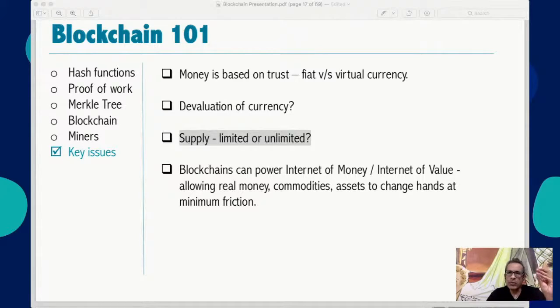Miners can focus only on those transactions that are beneficial to them and can create a fraudulent chain? No. Yes, they can concentrate on what they want, but that doesn't create a fraudulent chain. Please understand, every transaction which you push has to be digitally signed with your private key. So nobody else can sign a transaction for you. Only your private key can do it, which is what you are supposed to have.